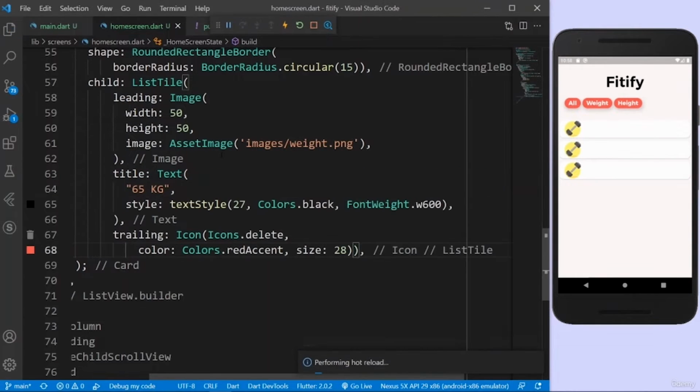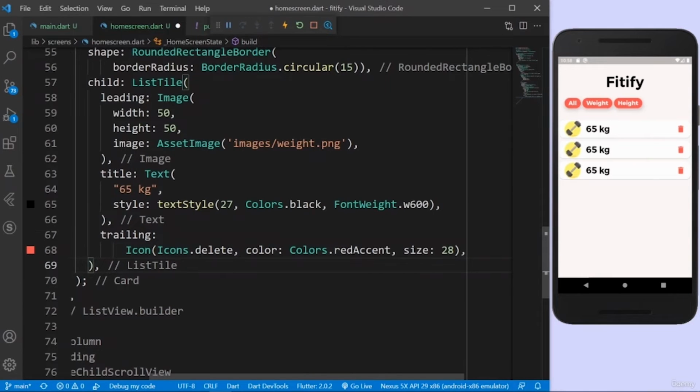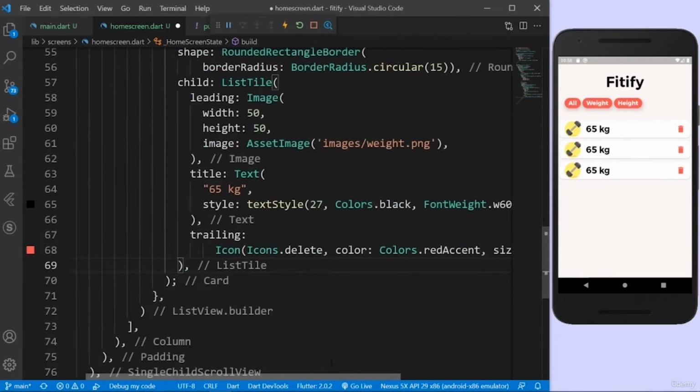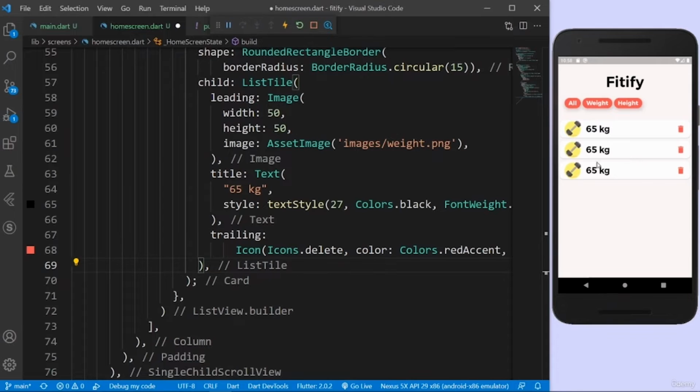And now when I save everything, I should have a title and also a delete button at the right side. Okay, there you go, perfect. And kgs, let's actually make it smaller, so I'll say kg in a lowercase. There you go, 65 kgs. And okay, we have the list, we have the leading, we have the title, and also the trailing. Let's provide some padding, right? Because this actually doesn't look beautiful, and let's also give some alignments from the left side and also